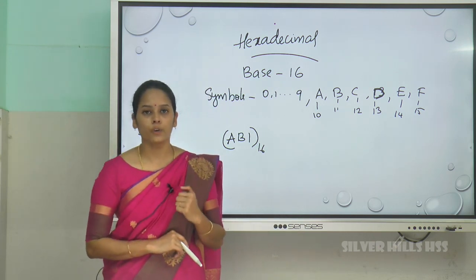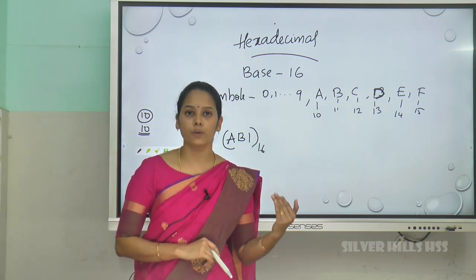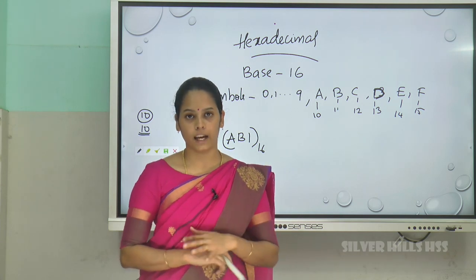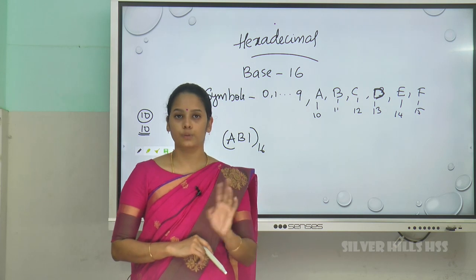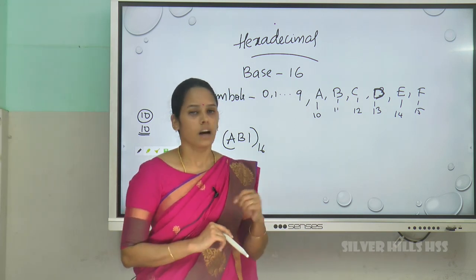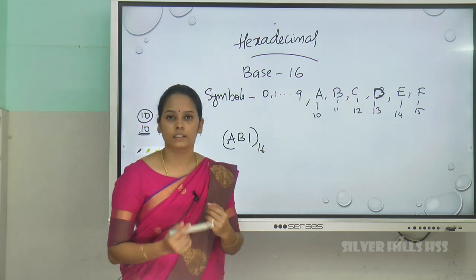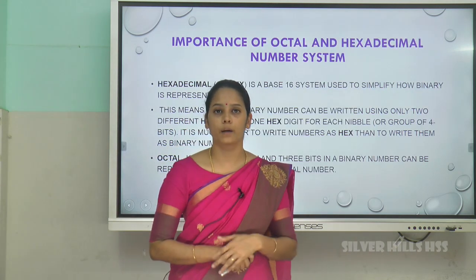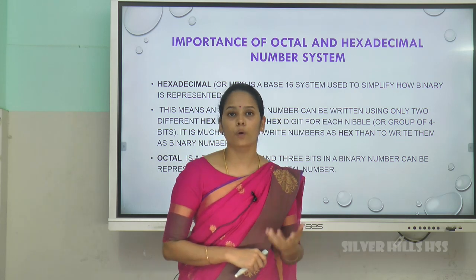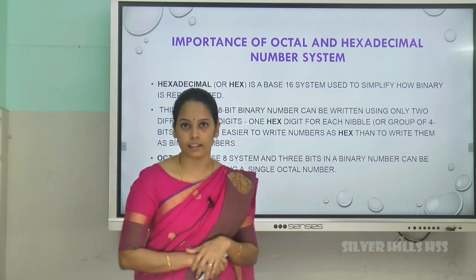These are the number systems. And why do we want this? We know we use the decimal number system in our real life, in day-to-day life, and the binary number system is also required for the computer. It has 2 states, on or off. So other than that, why do we need the octal and hexadecimal number systems? Actually, the hexadecimal and octal number systems are used by programmers and electric circuit designers.